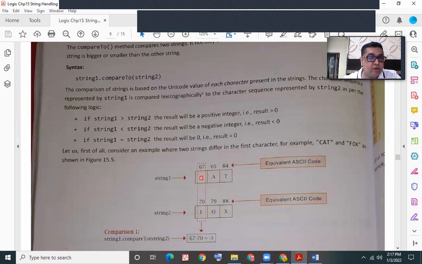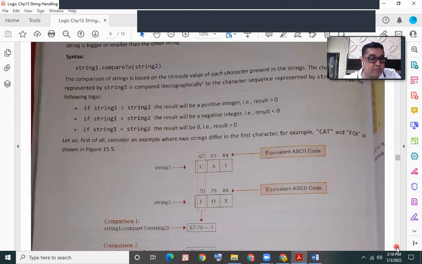The first character in cat is C and in fox is F, so the computer will subtract the ASCII codes: 67 minus 70. The difference is minus 3, and this minus 3 will be the result in this case.